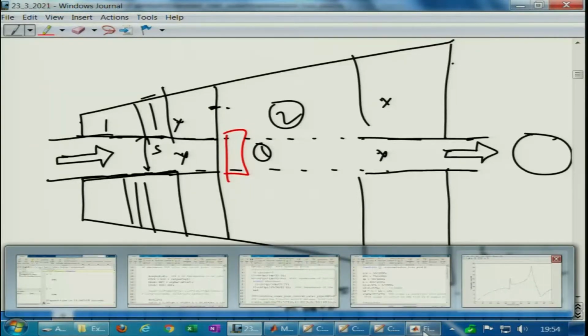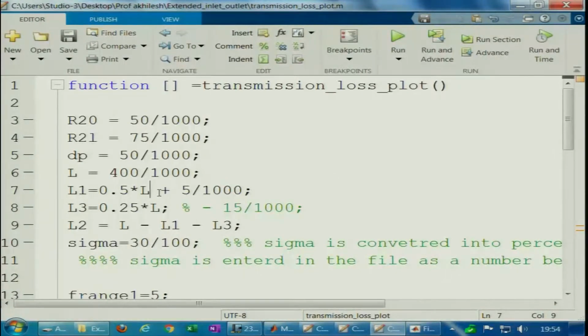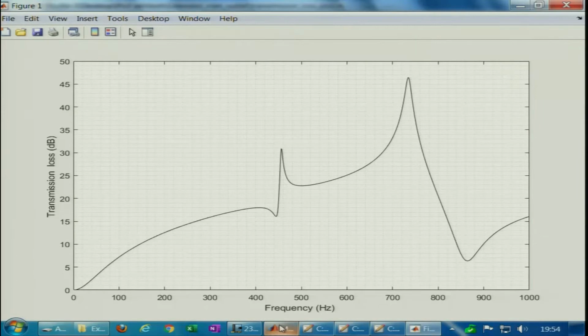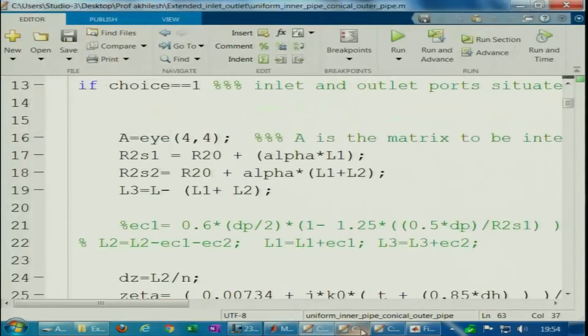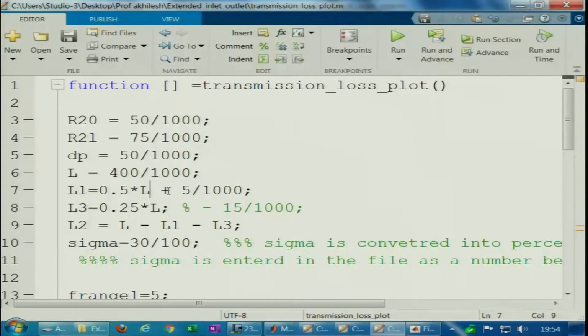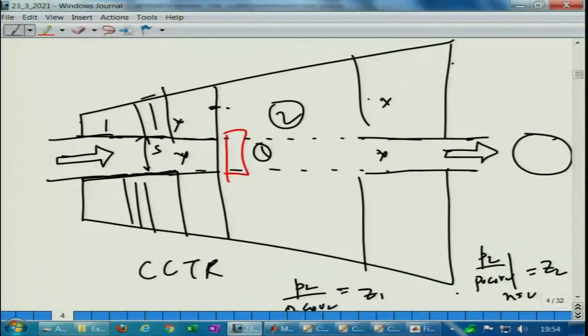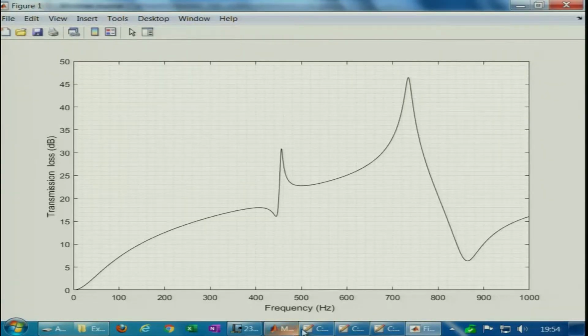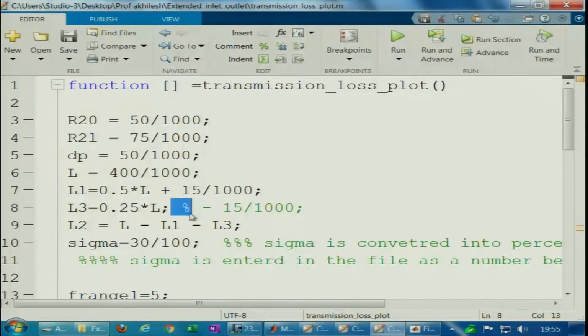So, what it means is that this peak was occurring after the trough, and if it was a CTR configuration, this peak would have occurred before. This is an important concept here. It means that in this we must add a little length. I have written 5, let us start with 15. And in the other one, we must subtract a little bit of length, because by that point it is almost behaving like an annular area with uniform cross section. So, we can subtract a little bit of length here and see what we get.